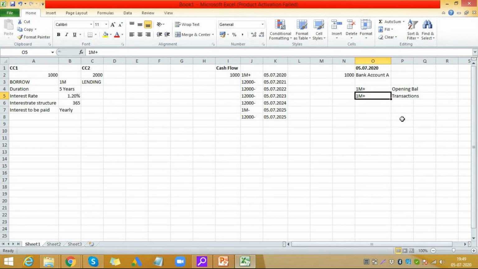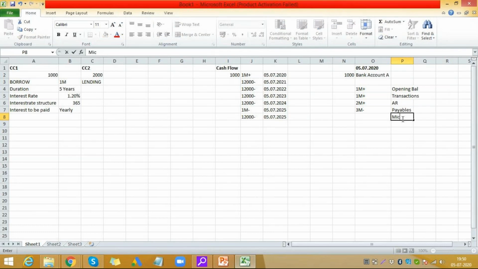Now that this is only one transaction, we will have multiple transactions here. Receivables, say AR, accounts receivable, we say we are going to get 2 million today. Payables, we are going to pay out 3 million, let's say.